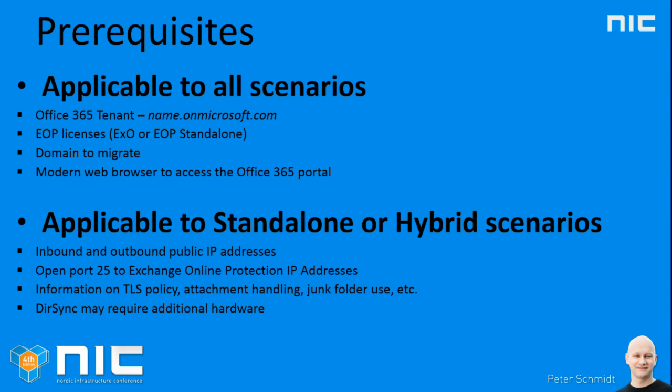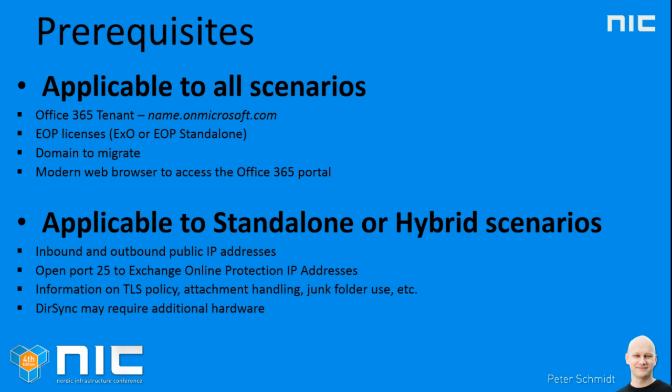The first thing you need to do is go into Office 365 and register or claim the tenant, set it up, and get the licenses you need to run Exchange Online Protection. You can either do that by activating a license you may already have purchased, or otherwise you can start off with a trial if you just want to see if this service is something for you. And then you need, of course, the information about your on-prem environment: which IPs are sending to EOP, and which IPs EOP should send to. Of course, it's often the same destination as your MX record today, if you handle everything on-prem yourself.